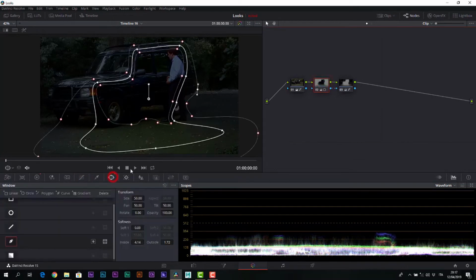Nothing prevents us, if necessary, from even going to retouch the power window so that some components of the scene do not tend to emerge, like the car's headlight here.